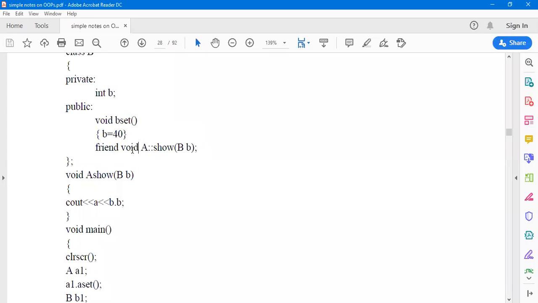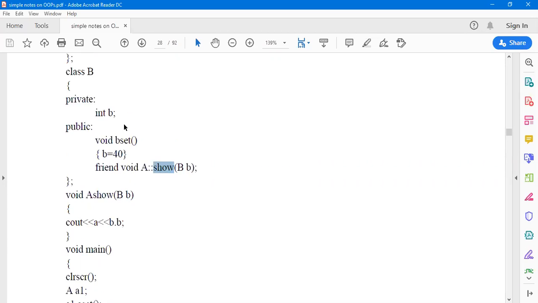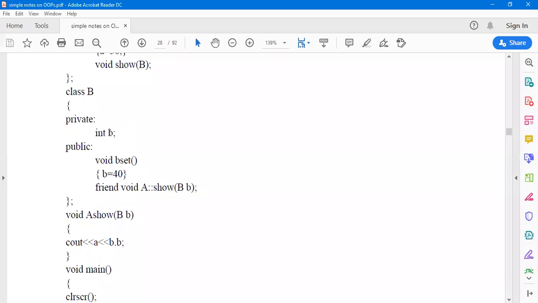The scope resolution operator is saying that it is the function show of the class A. Now this being a friend here means that the show function has the right to access the private member B of class B. That is why it was given the authority to pass the value B.